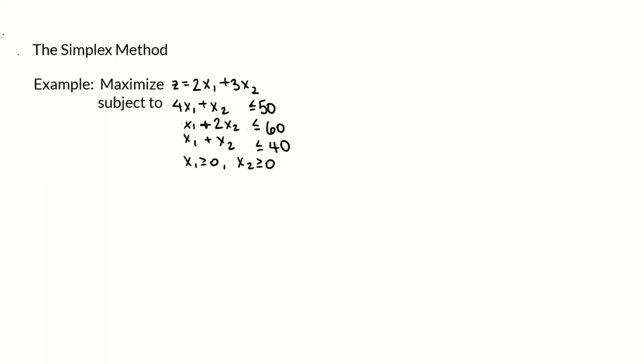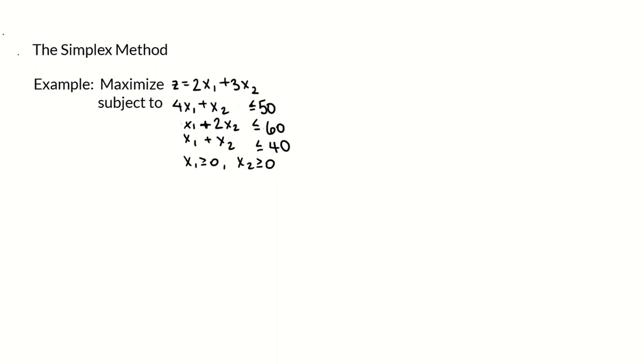In this example, we'll work through the full simplex method with this maximization linear programming problem. So we're going to maximize z equals 2x1 plus 3x2 given these constraints. First, we want to create the simplex tableau, and to do that, we need to add our slack variables and